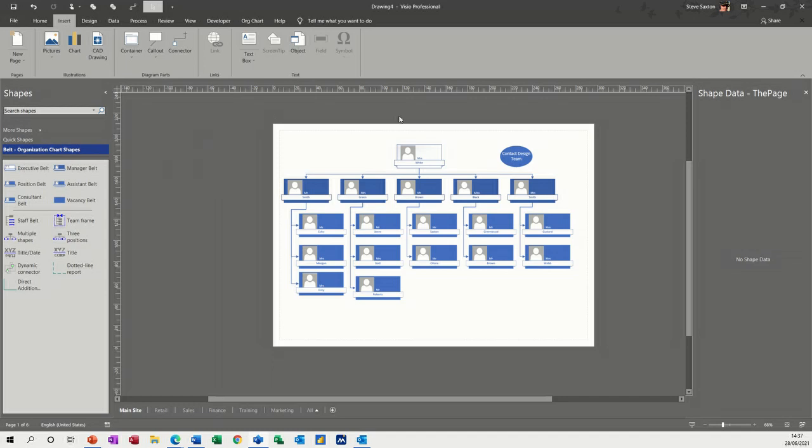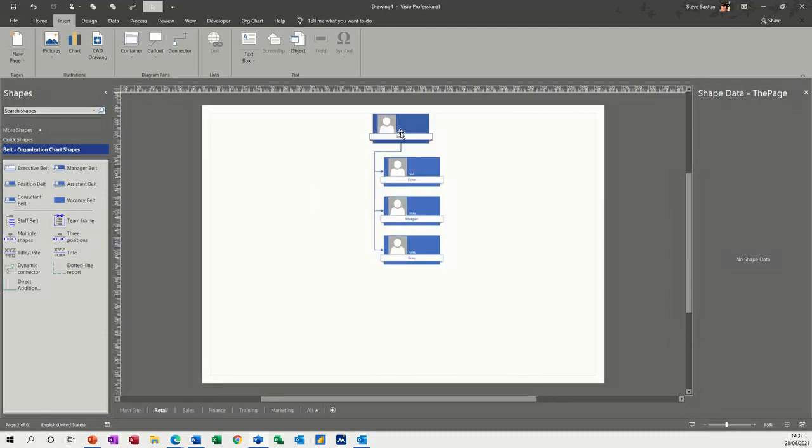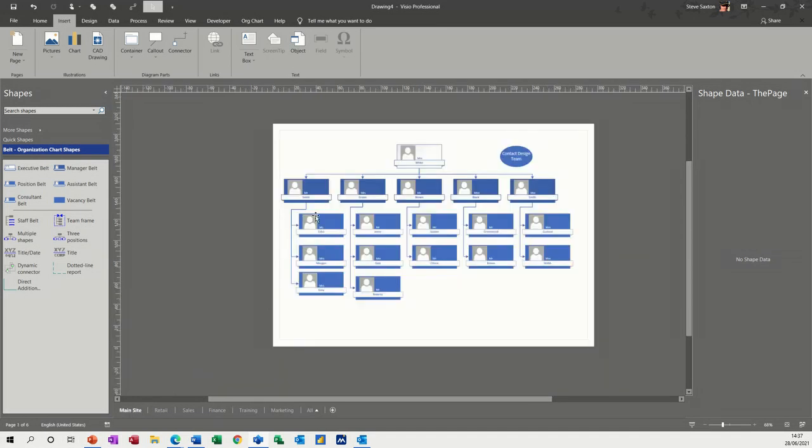So first of all, on the screen, I have a company organizational chart which has already got some hyperlinks on it, and then I'll redo them so you can see how it works. For example, this one here, as I move my mouse across that shape, you can see the hyperlink symbol. If I hold my control key down, that will change to a hand, and when I click that, it goes to the sheet that says retail. And if I go back to the main site, the next one, hold the control key down,